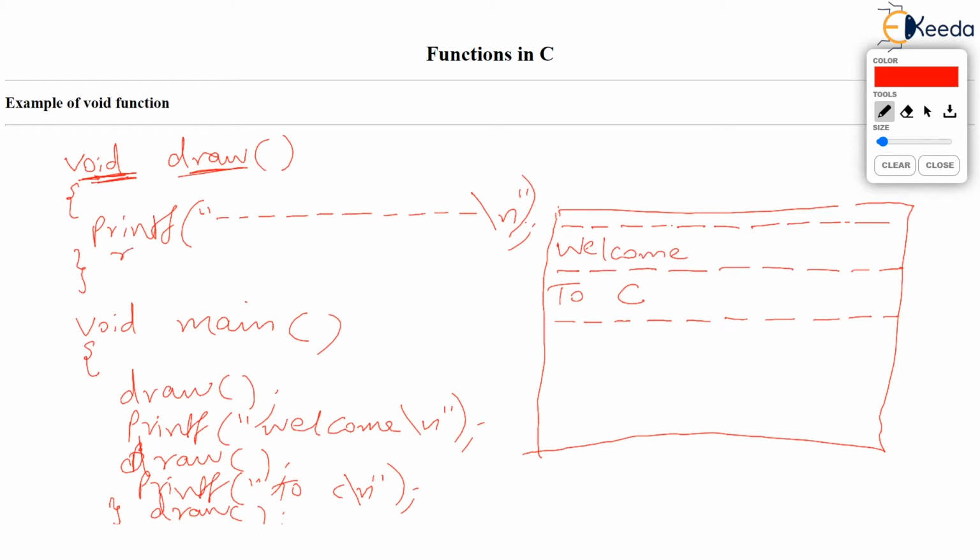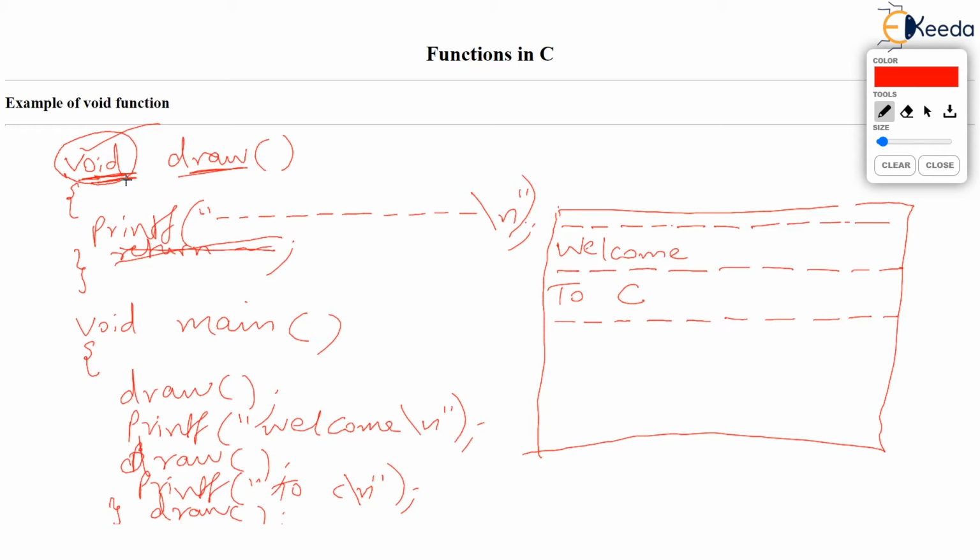Should it return something? No question about it. There is no value that draw can return because it is not finding any answer. It is just meant for printing a line of 80 dashes. That gives you a situation where draw will do its work faithfully. Obediently, it will draw a line of 80 dashes, but the function will be void. It will do its work, but not return any answer because we don't have any answer.